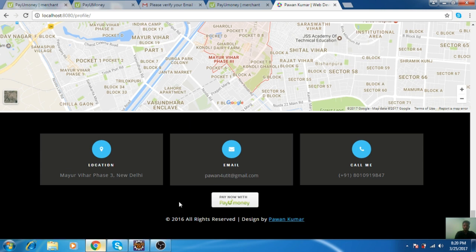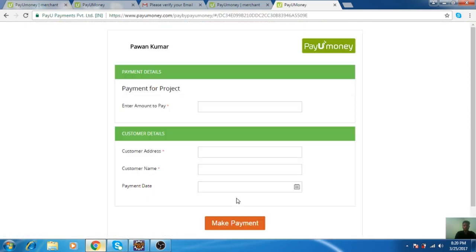So now click on the PayUmoney button and it redirects to the third party API PayUmoney. And these are the fields which are required.